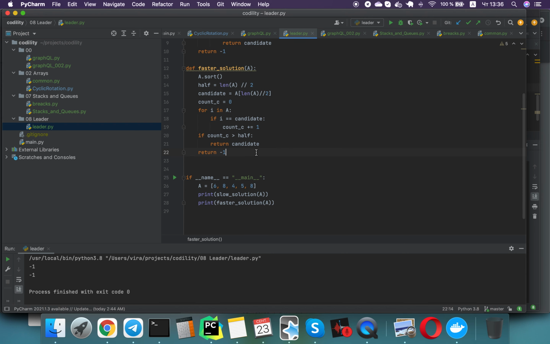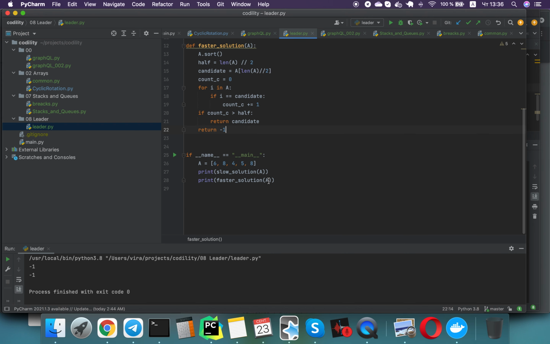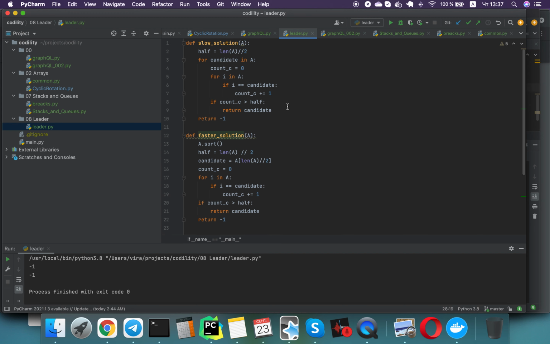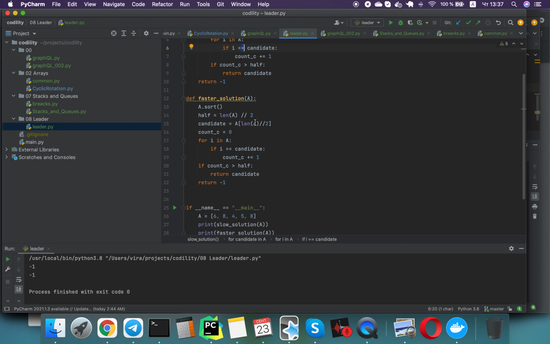Yeah, we have a problem about the leader, and we have a slow solution, and a little bit faster solution. Its time complexity is squared, as you see, because we have this cycle inside of this cycle, or one more cycle. And also, a more faster solution is about